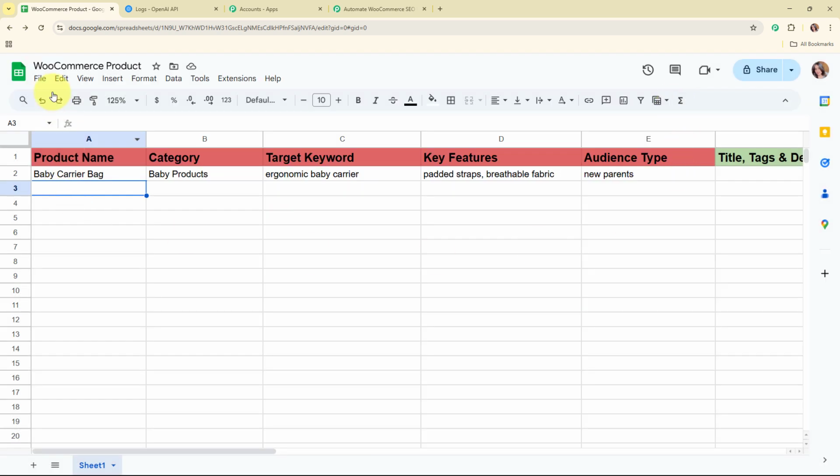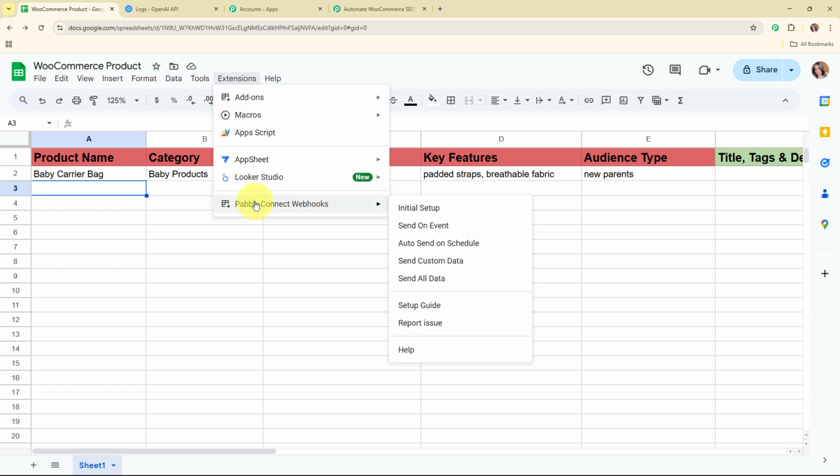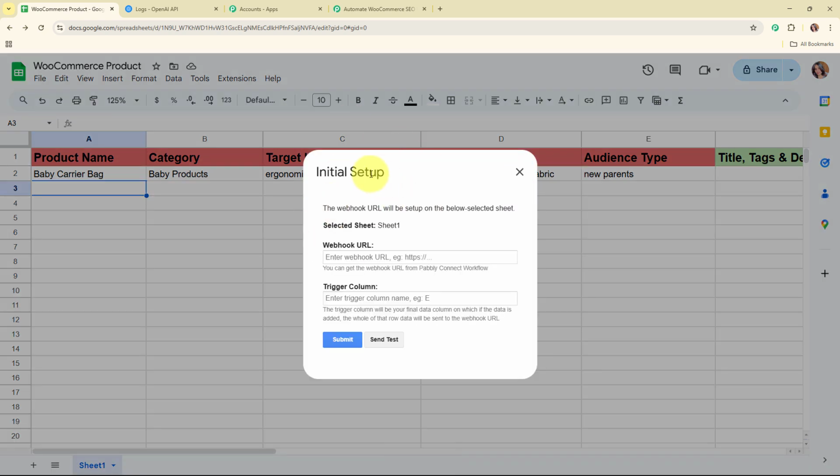Alright, so now after installing the add-on, you need to refresh your Google Sheets, and that's a necessary step. Now after refreshing the Google Sheets, you need to click on extensions, and then you will be able to see the option of Pabbly Connect Webhooks. So from here you need to select initial setup. Now in initial setup, you can see it is asking me to enter the webhook URL and the trigger column. So for the webhook URL, I'm going to enter the webhook URL that I've received in my Pabbly workflow,